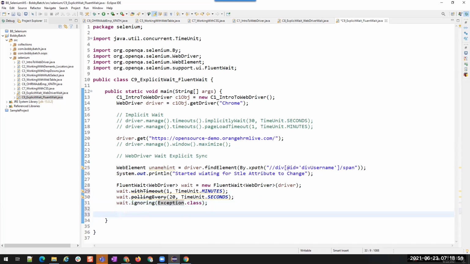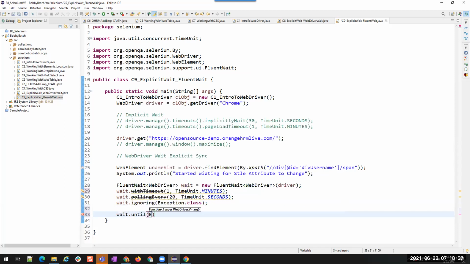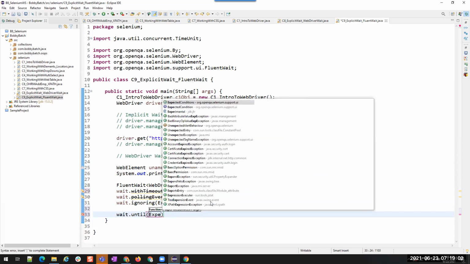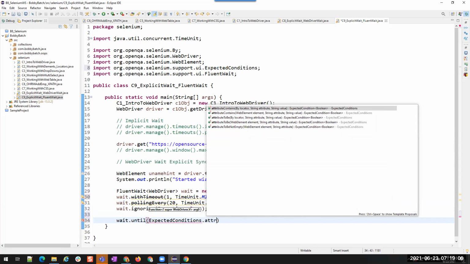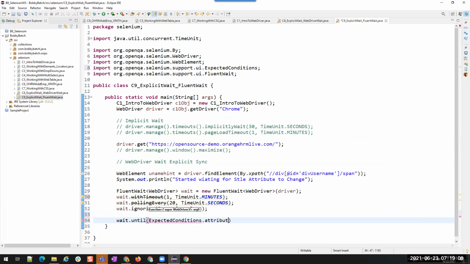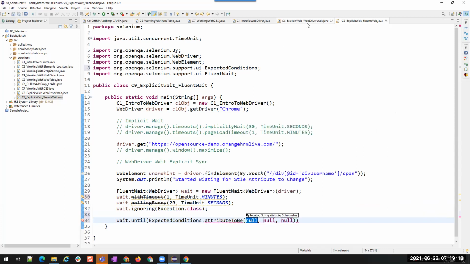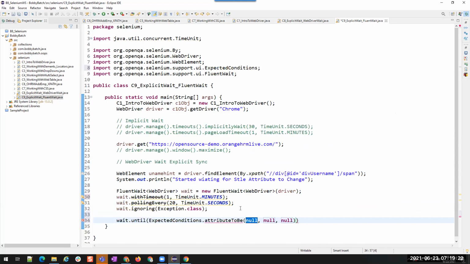Now let us see this wait dot until, and the rest will all be the same. ExpectedConditions dot attributeToBe, we have read this already, so I'm going to use the same attributeToBe. I'm just copying the same previous code.